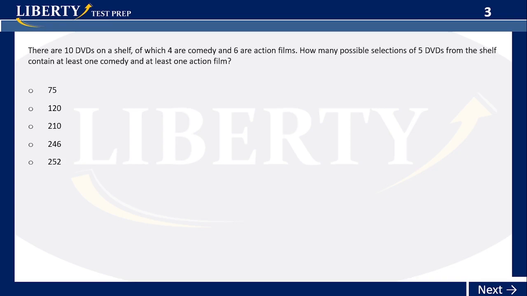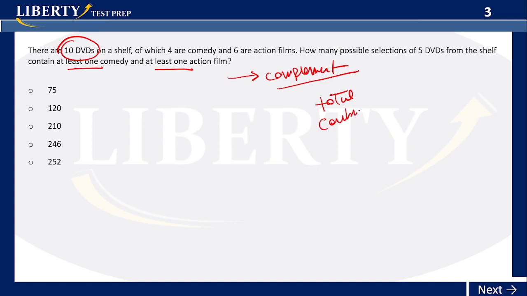Oh, okay, here, so they're talking about complements here. So they say there are 10 DVDs on the shelf, of which 4 are comedy and 6 are action films. How many possible selections of 5 DVDs from the shelf contain at least 1 comedy and at least 1 action film? So when they say at least 1, it's better for you to apply the complement. What is a complement? Basically, you get the total number of combinations, in this case combinations, right, because they're talking about individualized DVDs, right? Total combinations without any restriction, and you're going to subtract the negative